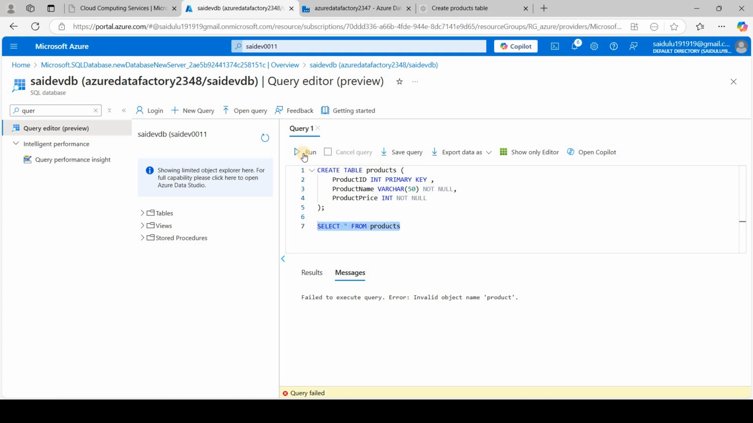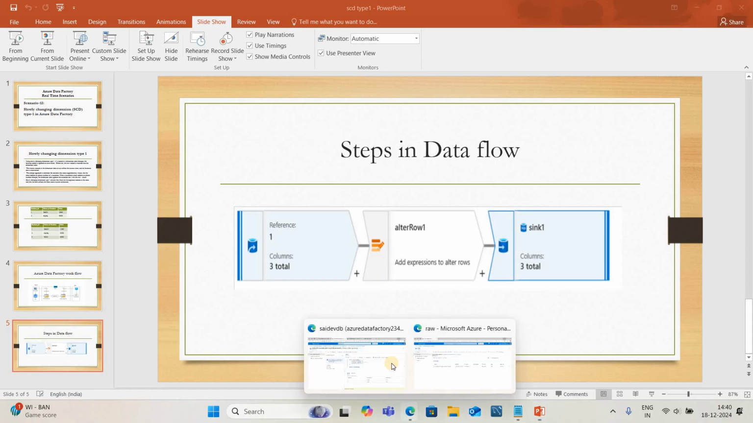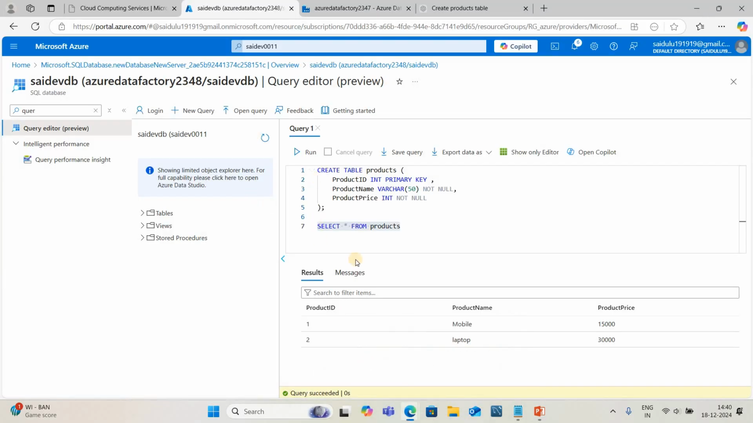Let me go to the database and check the details. View the table. See, the database table is updated with 2 details. Now let me perform SCD type 1. For that purpose, let me go to the blob storage